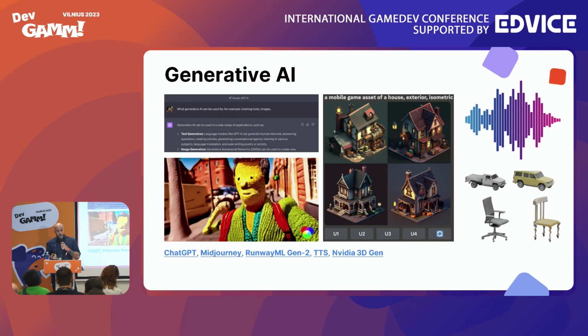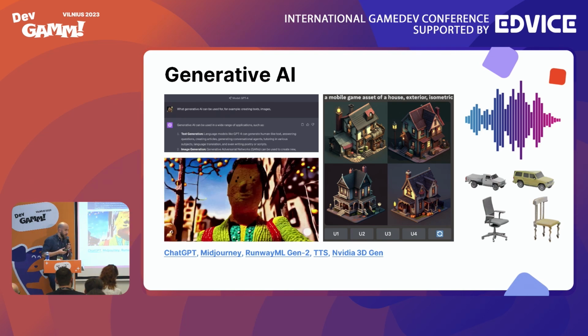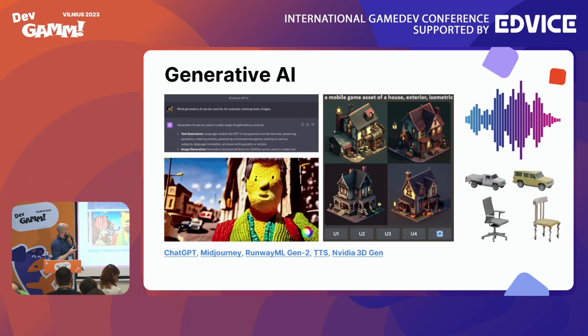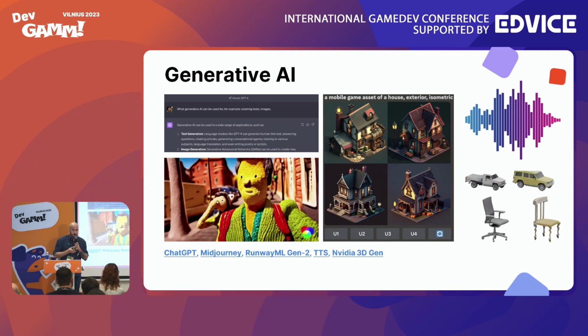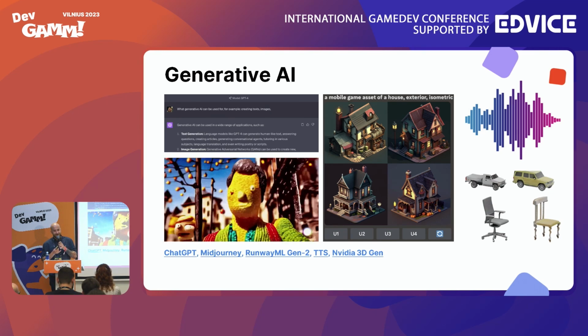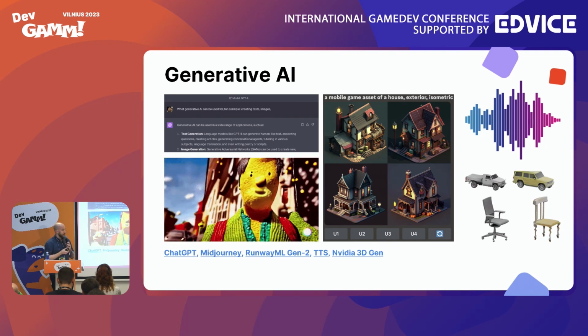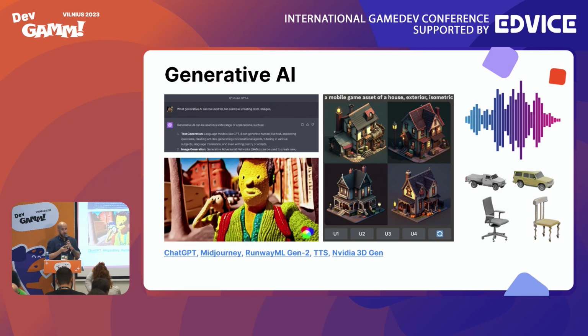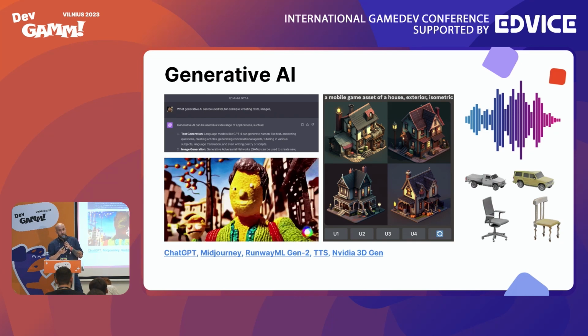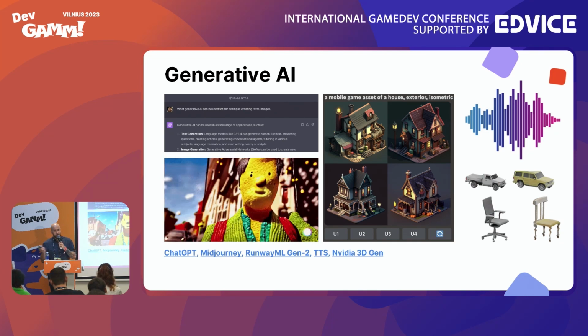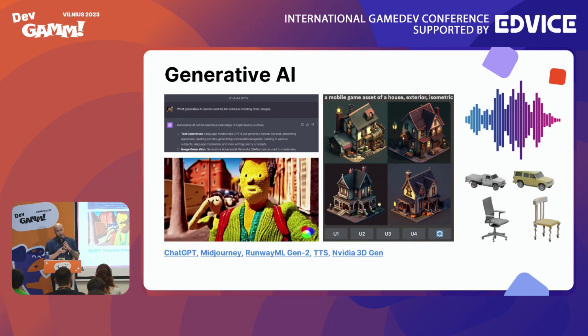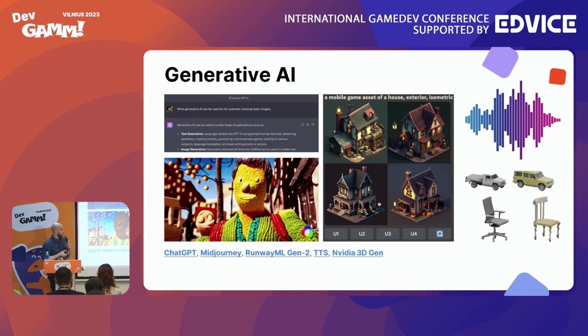A few words about the generative AI landscape. I think most of you are familiar with ChatGPT, and it's a great technology, an application of generative AI to texts. You can write emails, you can write stories, or even learn something.